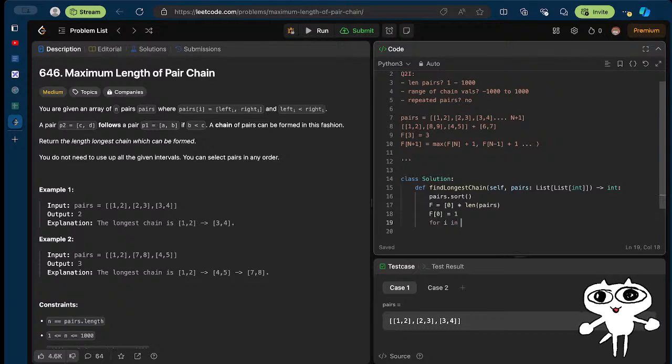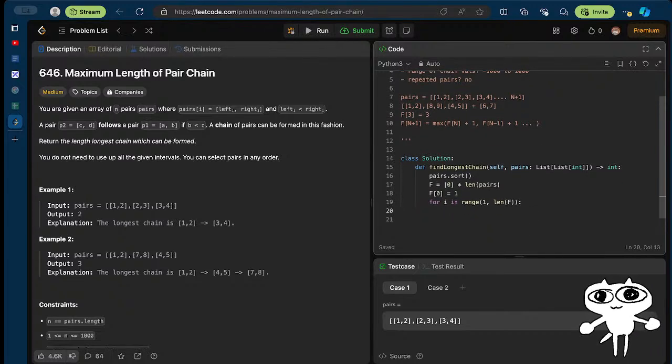For I in range of 1 to len of f, we wanna essentially keep filling the max value at f of I. So I can say that f of I is gonna be equal to max of, hold on, okay, so it's gonna be max of